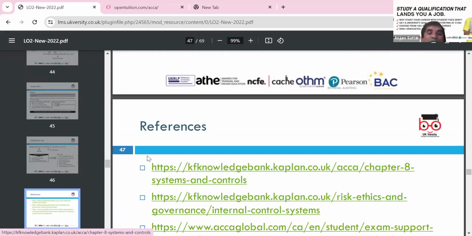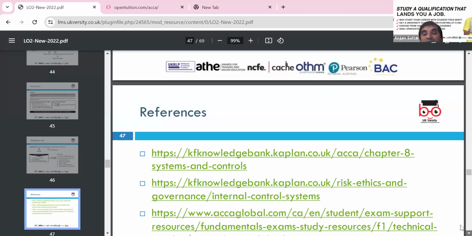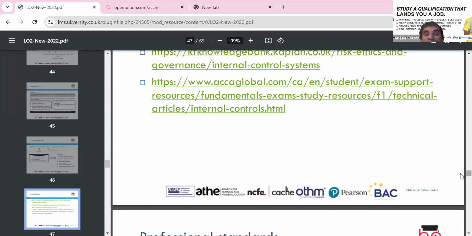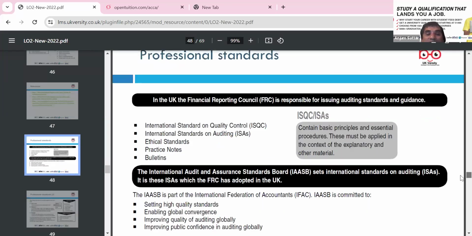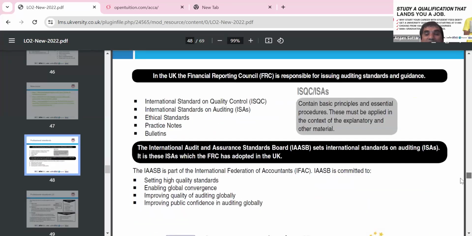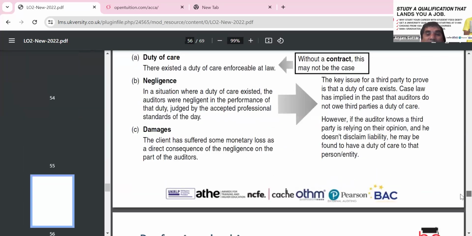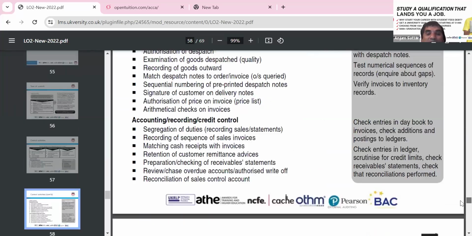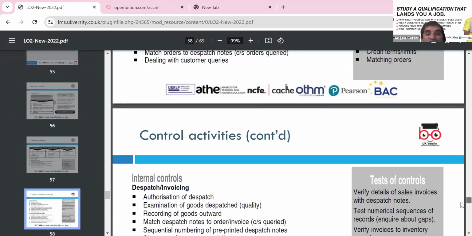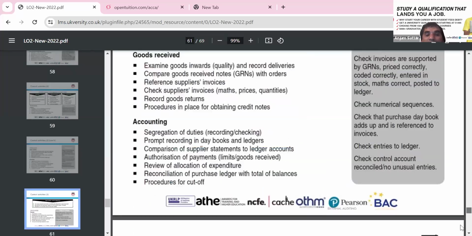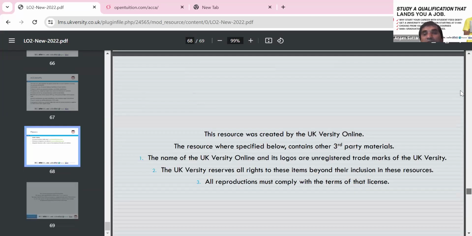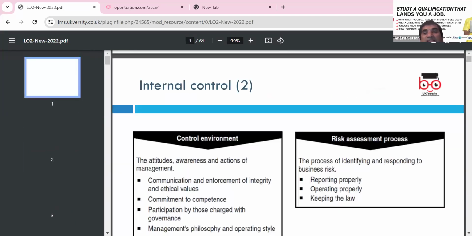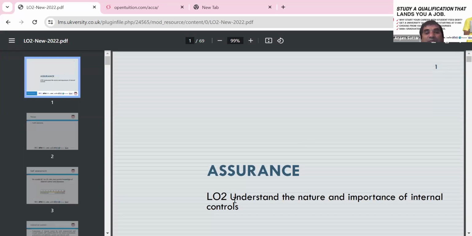So please, I included some links for you. Those are quite good to explore further: audit and auditing with some scenarios, and extra slides on the standards of audits and responsibility, and different tests of control like purchase day book or various others. We can link those when we do the assignment, and add some examples. Any questions, please?